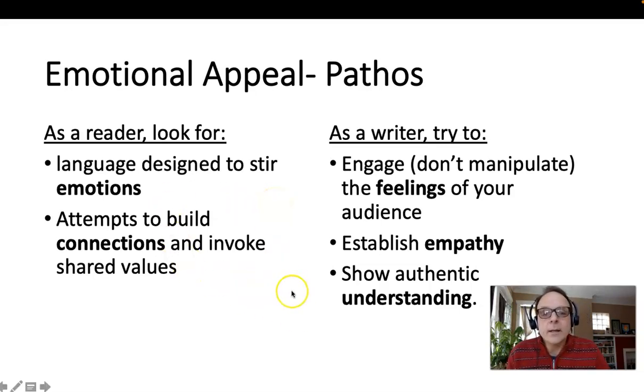And I think of pathos, if you look at the word pathos, it has this root path. Path is like sympathy, empathy, pathetic, all these words that have to do with feelings, right? So emotional appeal is pathos. So you have these appeals, you can be logical, you can show that you're believable and trustworthy, and you can also show emotion. We might use the word passion, which might be better than emotion, because emotion sounds like you're getting angry or being immature sometimes, but maybe passion is a better way of saying this. But as a reader, you might look for language designed to stir your emotions. Now, I would be suspicious if somebody uses too much pathos, like if somebody's just trying to get me all emotional,